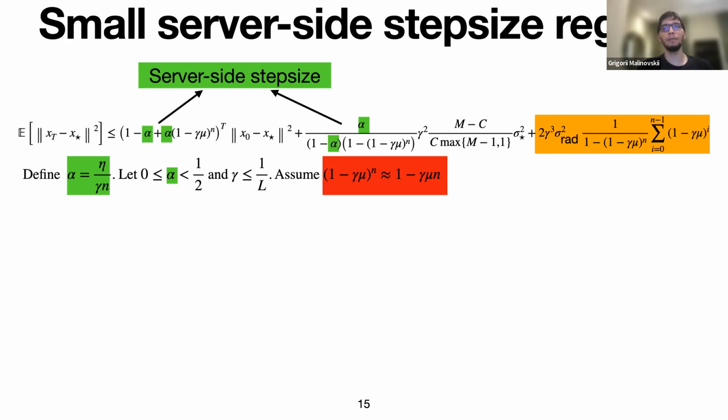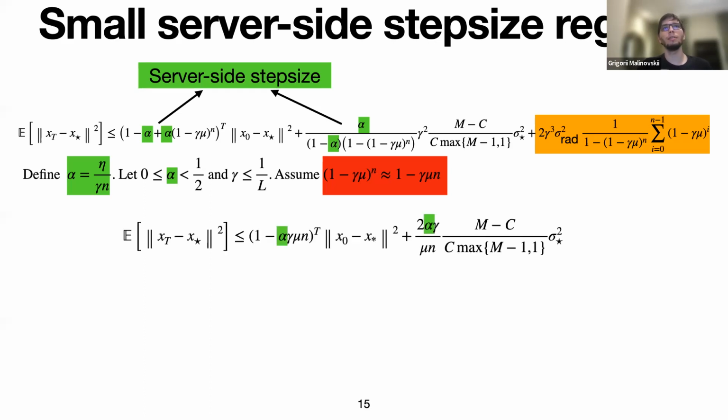And let us derive the optimal alpha in this case. We can replace this factor here and simplify our bound, and we have these two terms,